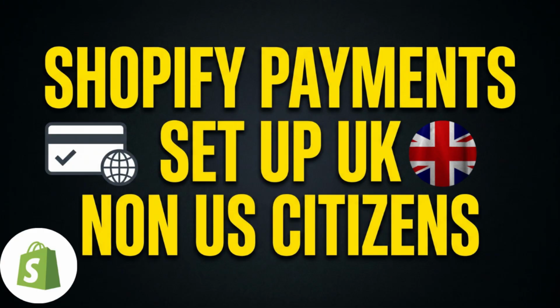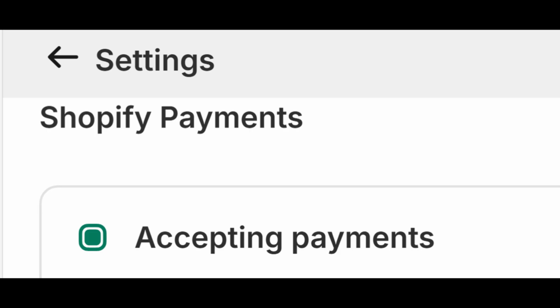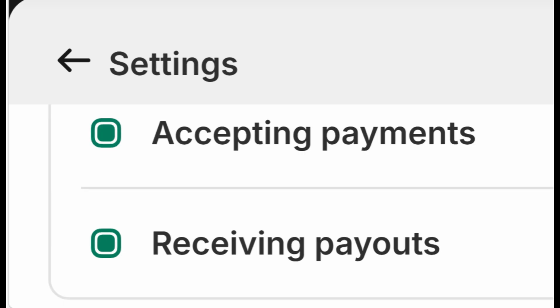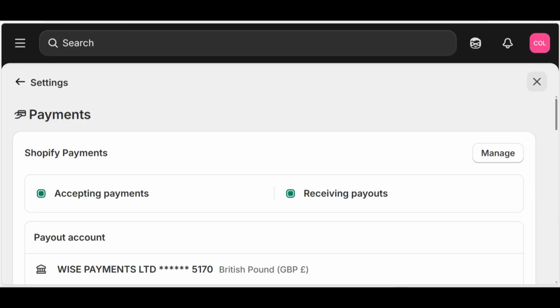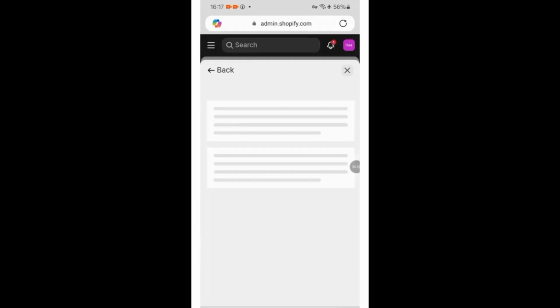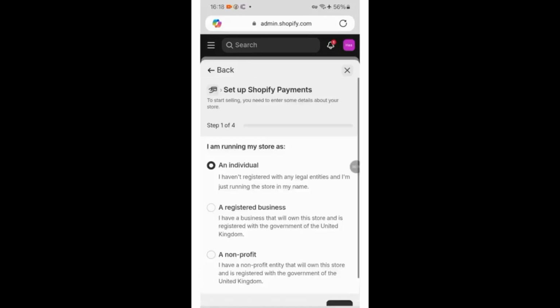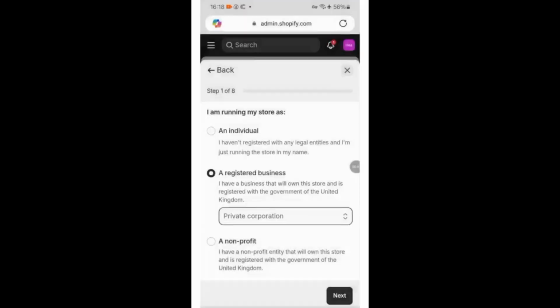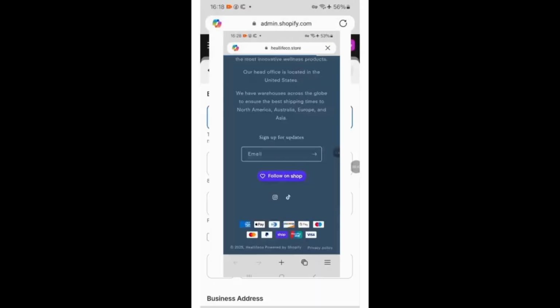So as you have seen in the video, I used 3 documents to verify Shopify payments. One was my company document, proof of incorporation. Two was the UK proof of address, and three was my passport. So those are the 3 documents that you need. If you have a passport, you have one document done. If you do not have a company, you need to register a UK company. That's easy to do. If you do it my way, you will then be able to get your proof of address in the UK. You'll be able to get a government issued letter which you can use every time to activate